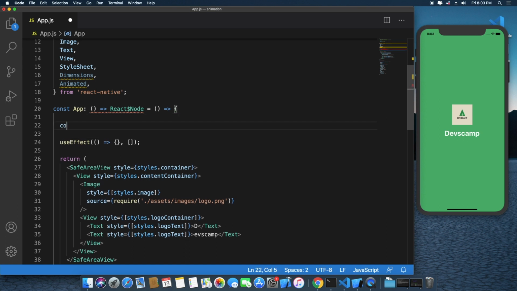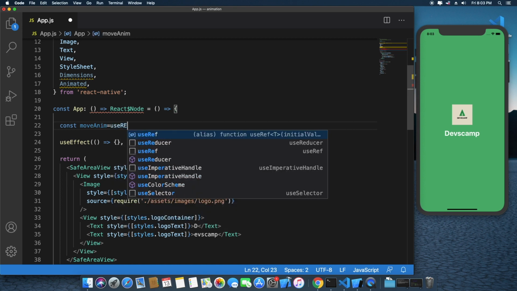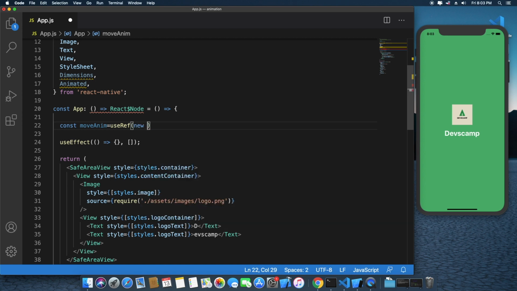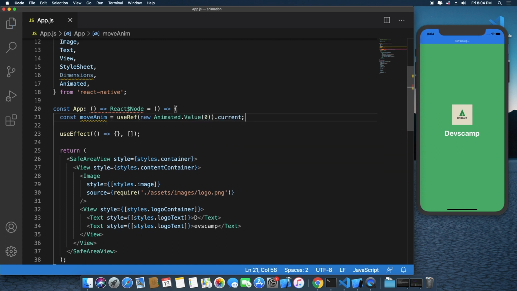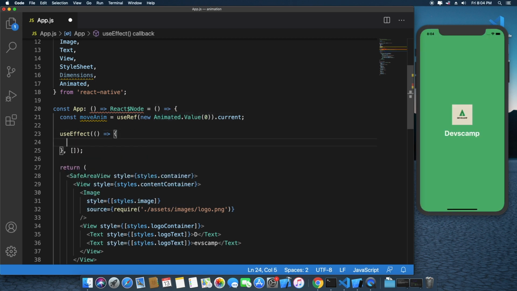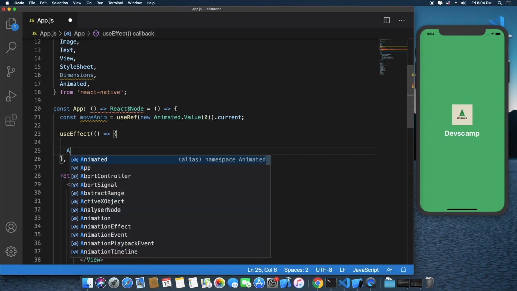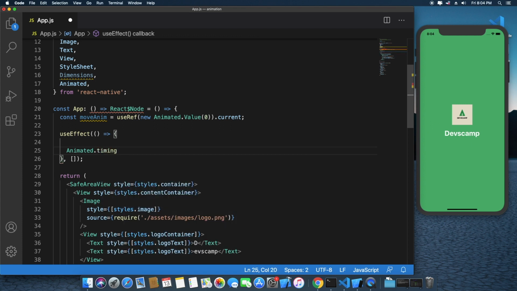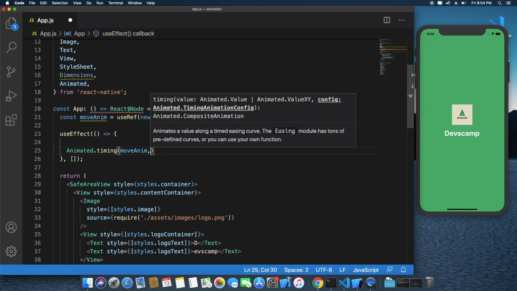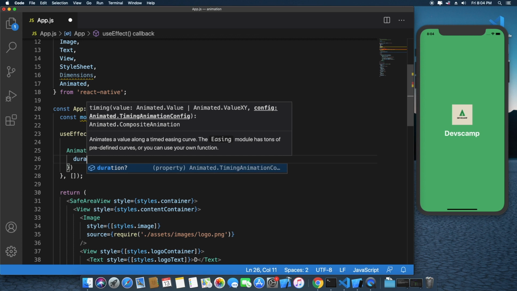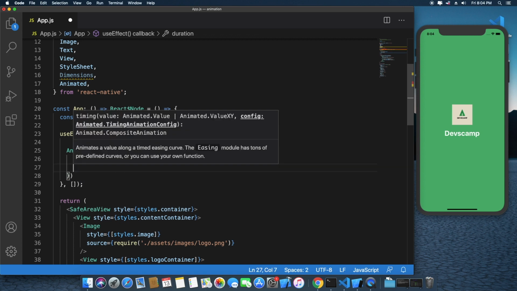First, initialize a constant, const moveAnim equals useRef(new Animated.Value(0)).current, and inside our useEffect, Animated.timing, moveAnim, with a duration of 2 seconds